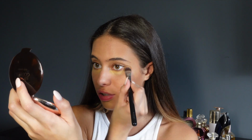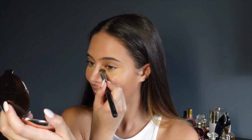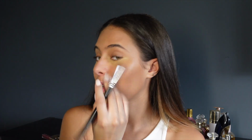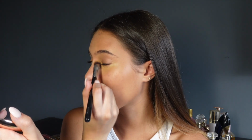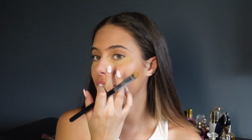I just blend out the center and keep the focus on my chin and my under eye. I just do the traditional, put the concealer under the eye. I don't really do any manipulation, contouring, all of that, because usually I can't be bothered. So I just bring it up into the corner high. People usually ignore this corner here. They usually just keep the concealer under the eye, but you need to remember the inner corner because that's where the darkness is. And then just blend it out, and obviously it's not blended completely, but you can see it creates a really